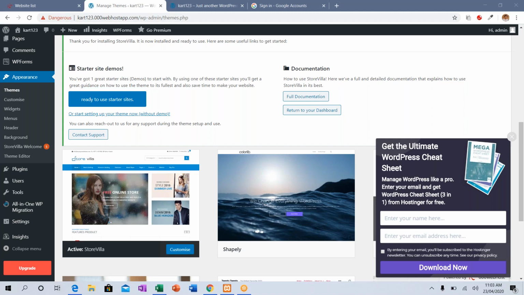Otherwise, in the URL part, you give your website name, that is your domain name, dot 000webhostapp.com/wp-admin. We give this one.